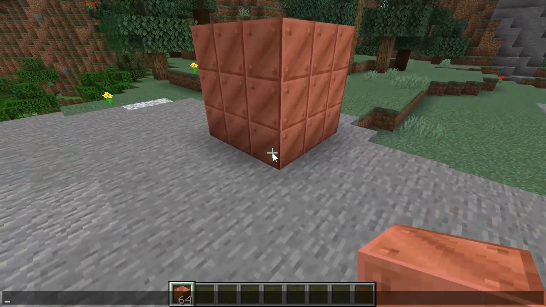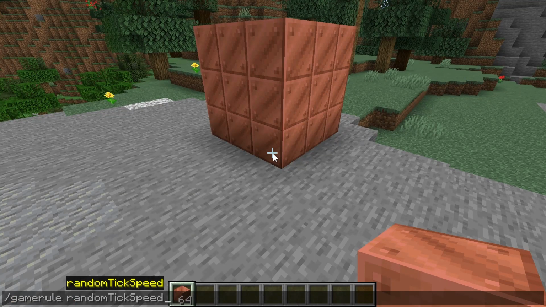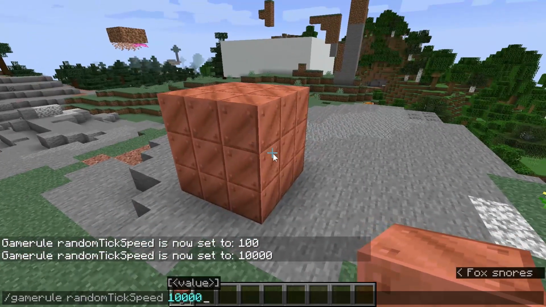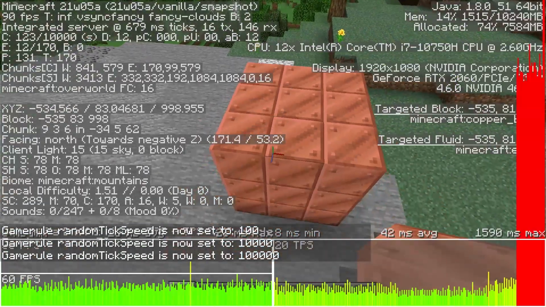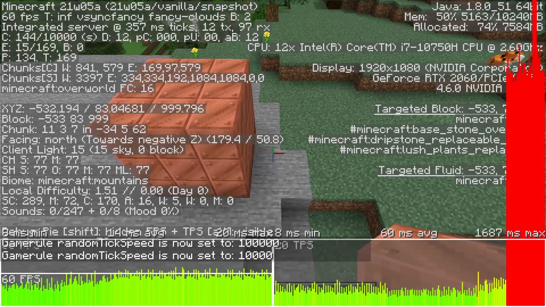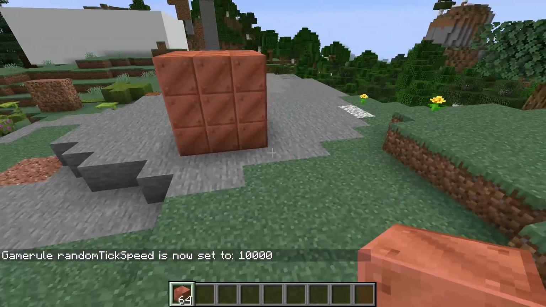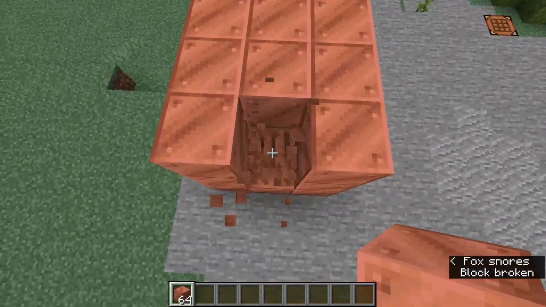But in creative mode or in commands, the gamerule randomTickSpeed will now affect the growth, or whatever you want to call it, of copper. It will now, oh gosh, my game is lagging. Yeah, maybe I don't want to do that. But yeah, now it will affect the copper. It will make the copper become weathered a little bit faster. So I want to see if...